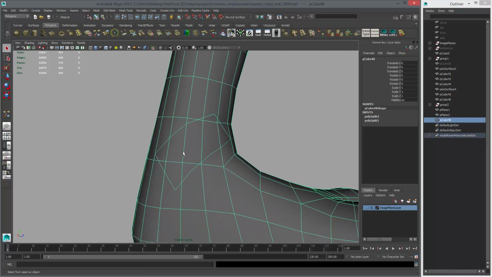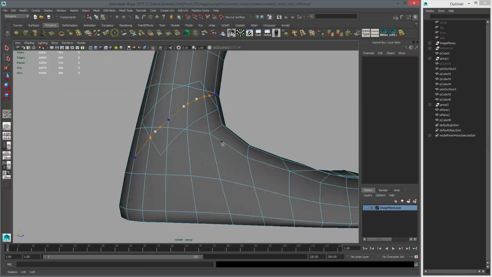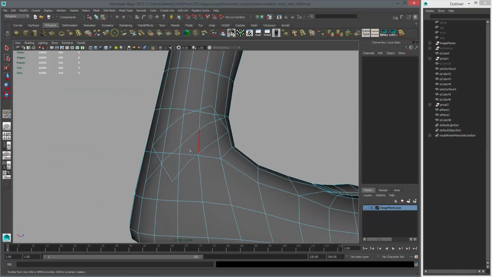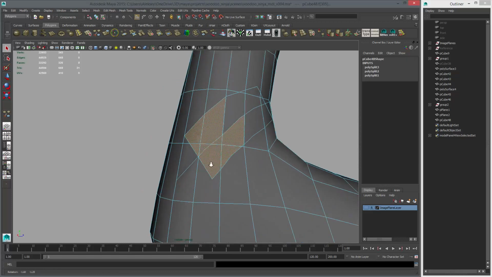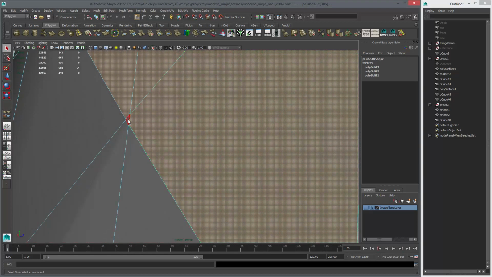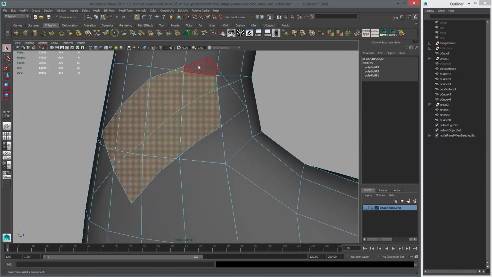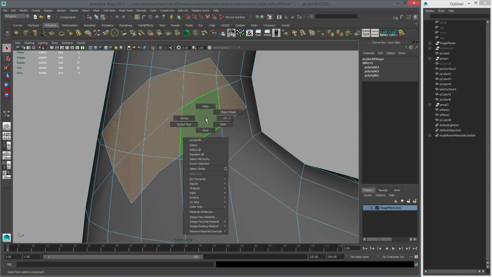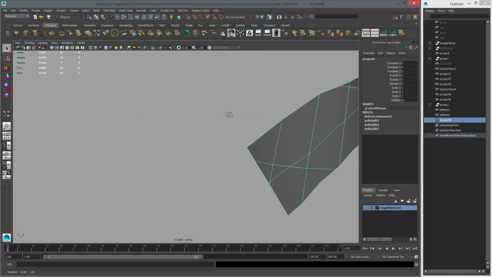So there's a little patch, and I'm going to use the cut tool again. I'm going to start here, and you just want to draw like this, and then select, make sure you get all the parts. Invert, delete, then select,